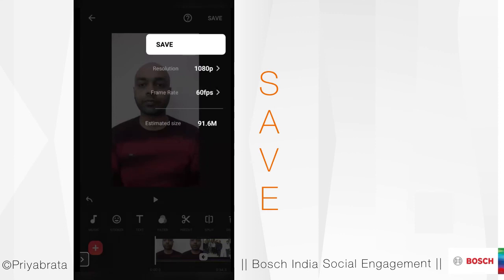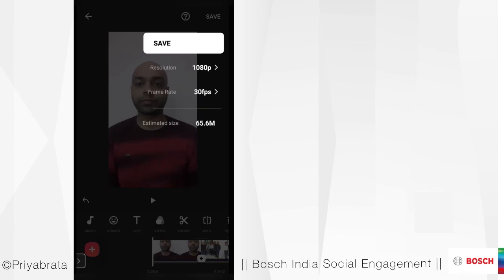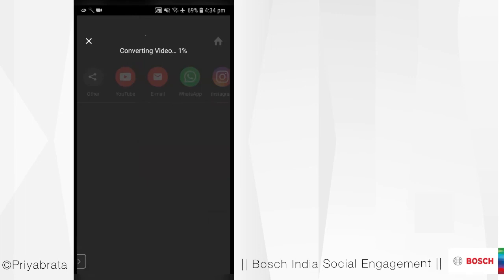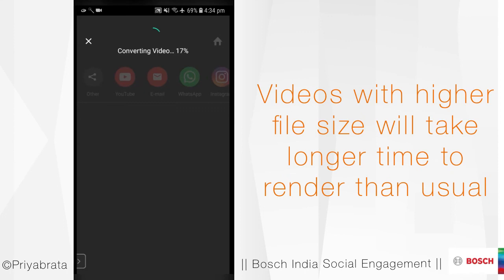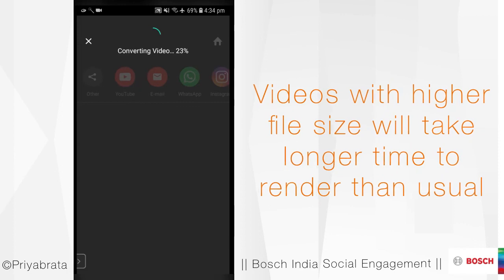Similarly, if you increase the frame per second FPS, it is 91 MB. But if you keep it at 30 FPS, it is only 65 MB. You can go. I usually save it either at 720 or 1080. 1080 works, and 720 also works. Once you click on save, it will start saving it. It takes a little while to save it. So let's see. This converting video is called rendering. The higher the resolution, the longer it will take for us to convert that video.